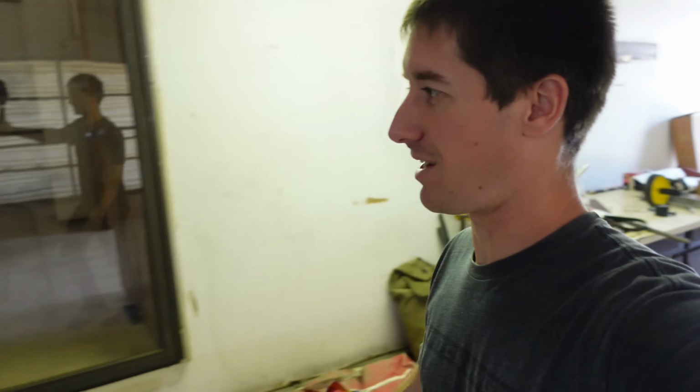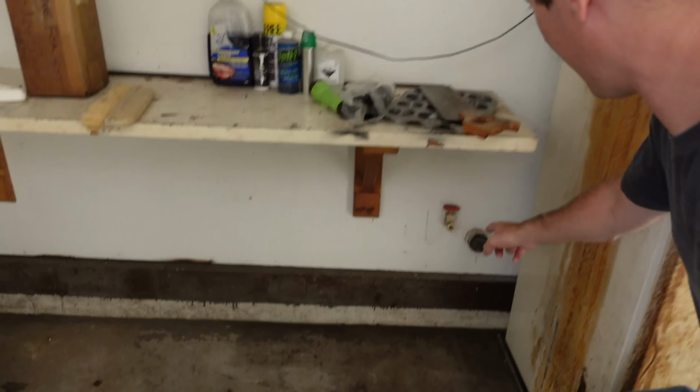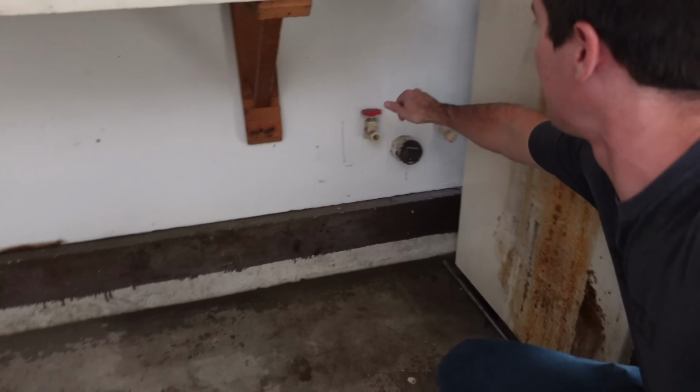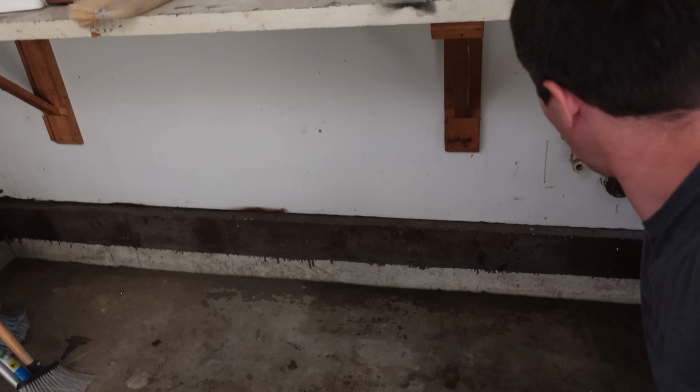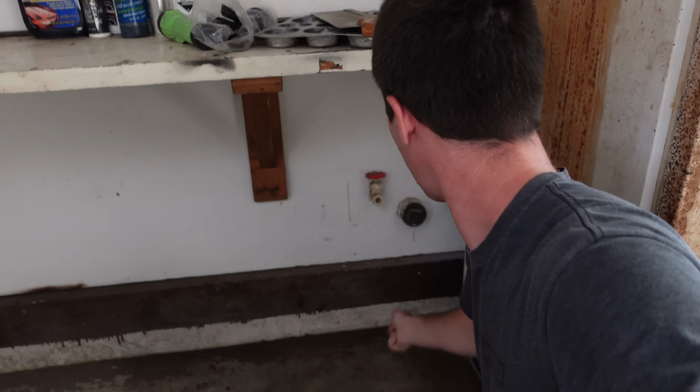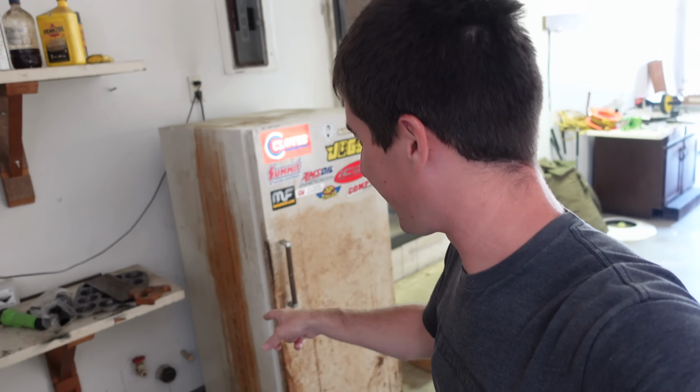But this garage also needs a ton of light. There's actually a car wash station set up in here for me. Check this out, guys. Look at that. I don't know if it works. Does it work? Ooh. Car wash station does not work. Maybe that one does. I don't know, but there's a drain there and there's some water there, and I'm planning